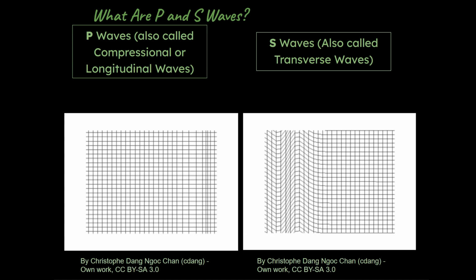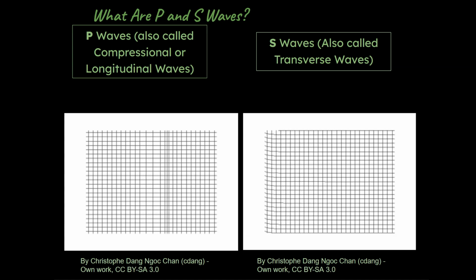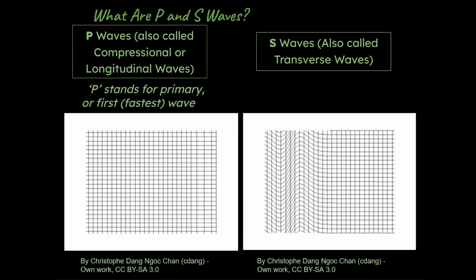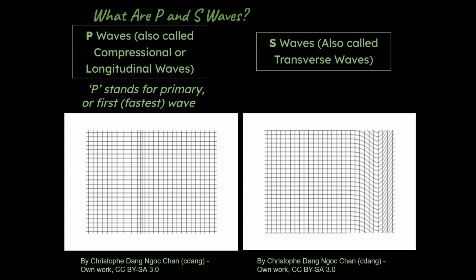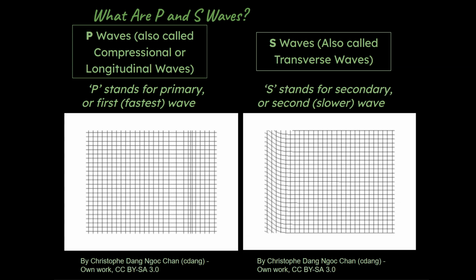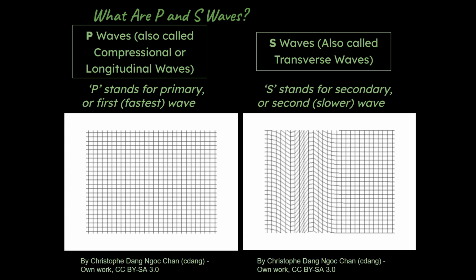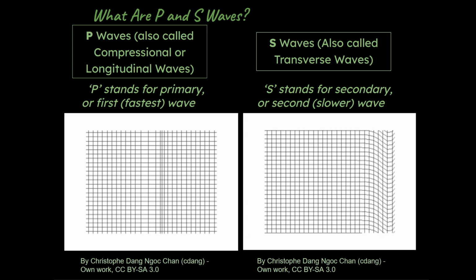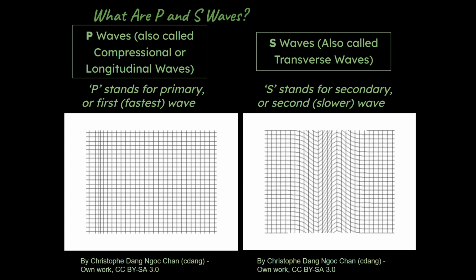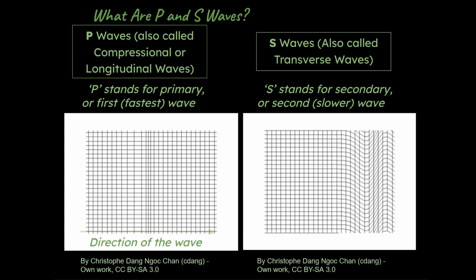Whereas S waves are also called transverse waves. And P here stands for primary. This is the first wave that a seismograph station records data from. And the S wave stands for secondary. This is the second or slower wave that hits a seismograph station and we get data about an earthquake. This you will get in the context of a waves unit in a physics class if you're taking a physics class,